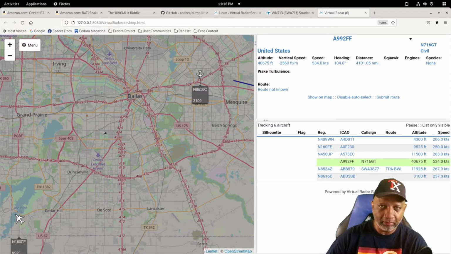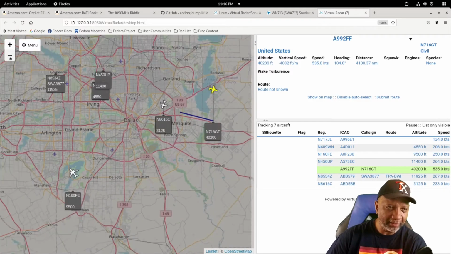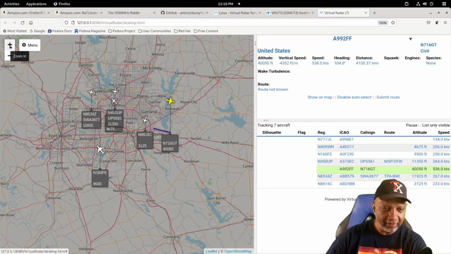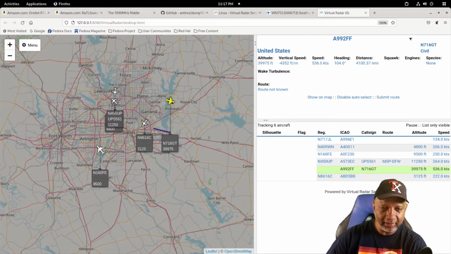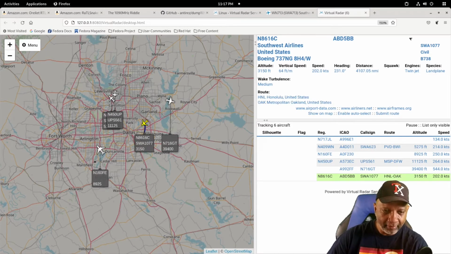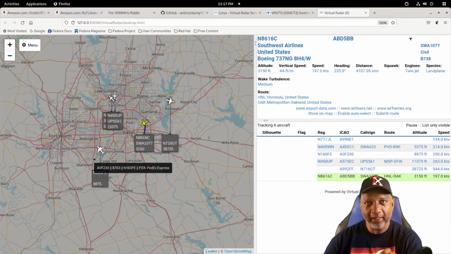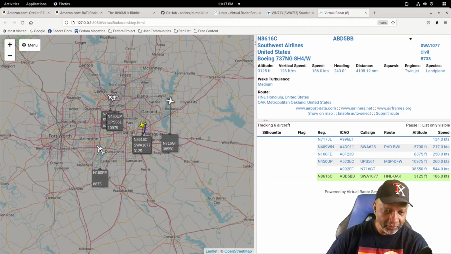Now remember, sometimes it'll pop you up in Italy somewhere, so you have to hit that minus button to zoom in and out. And again, that'll let you see all the different types of flights. And you will see that some of the icons for the flights, you'll have big planes and you'll have small planes. You'll also have like helicopters and things like that. Like here's one